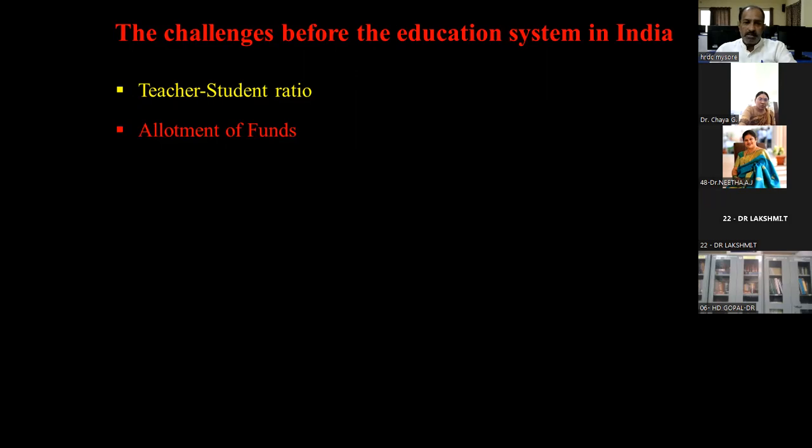The allotment of funds is another issue, and you can agree with this, because if we want to have a good infrastructure, or we want to support the education system with current state-of-the-art infrastructure facilities, it demands a lot of funds. It is very important that the Department of Education, Government of Karnataka or the central government thinks about it and gives sufficient funds. It is not only that they have to give, but the funds should be very efficiently and effectively utilized by the administrators. That's the challenge.